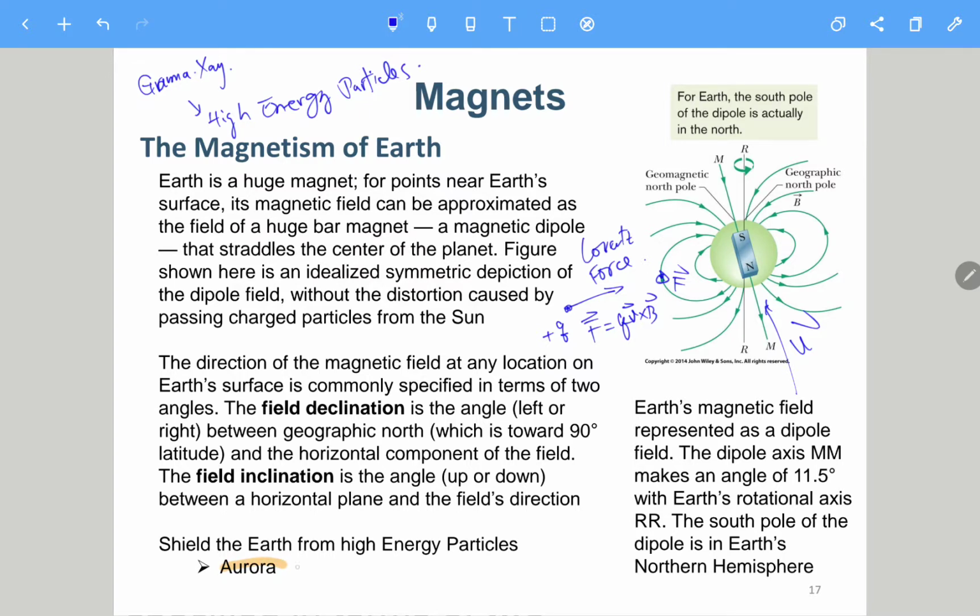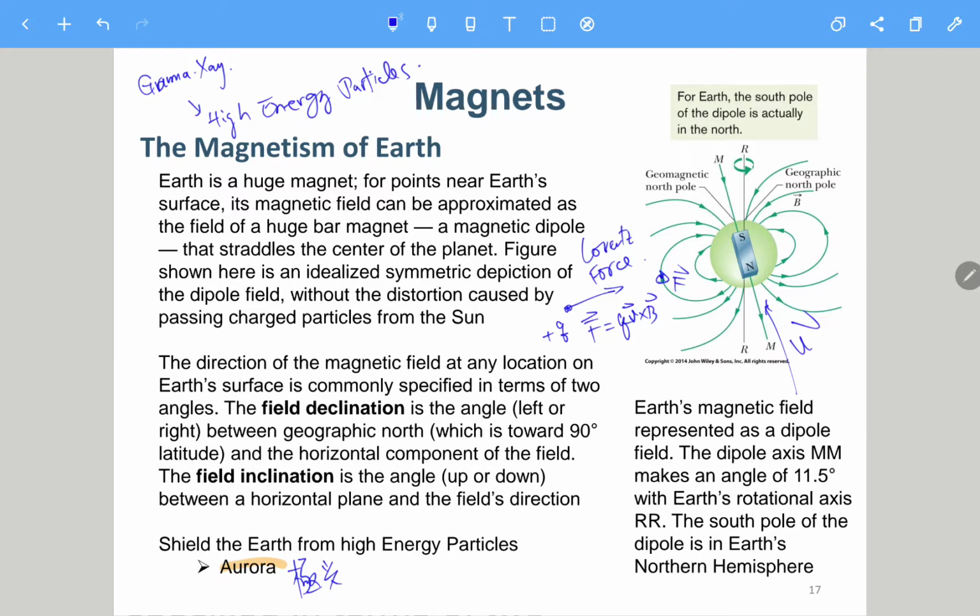Aurora, which in Chinese is called 极光. For the northern part of Europe or maybe South America, you may be able to observe the aurora, but of course it is not so good for us, because those kinds of high energy particles will give you a higher probability of getting cancer. So